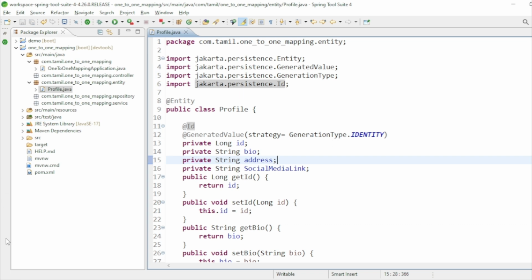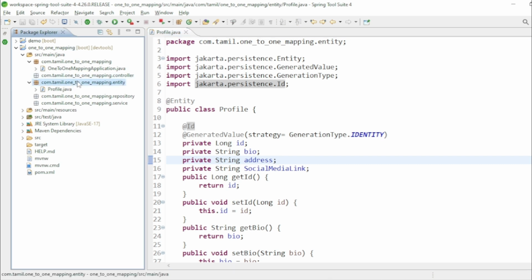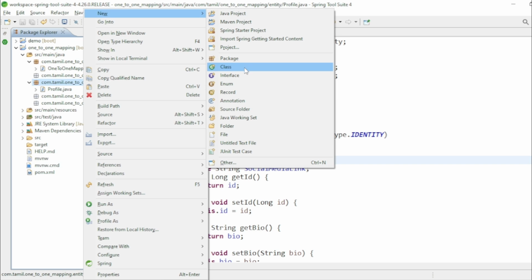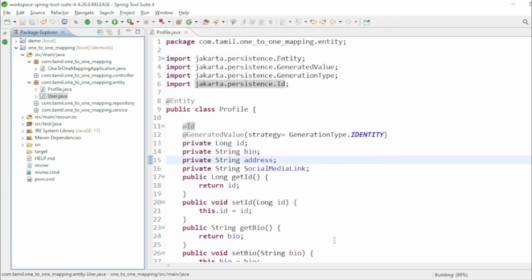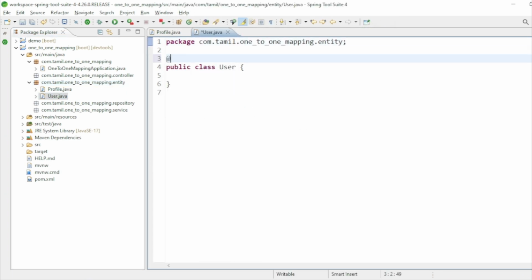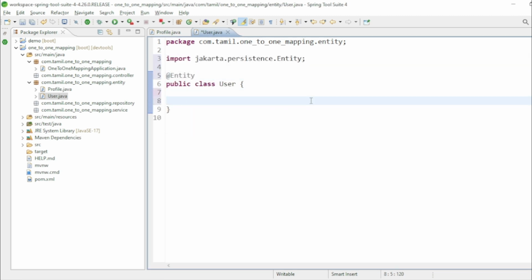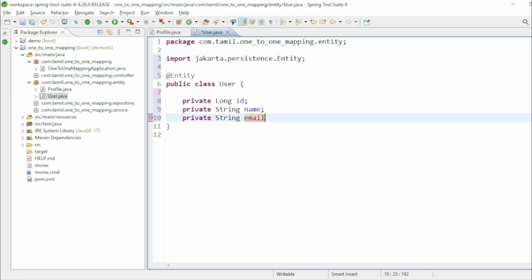Now we move on to the user entity class. That is the main thing, because only in the user are we going to enter the data. So right click the entity package, go to new, click on class, and here you can give a name. User is the entity class name, and similar to the other one, you can give the Entity annotation, and for this we need an import statement. Inside that we need to create variables: a long data type id variable, and private String name, and in private we need to declare the email,